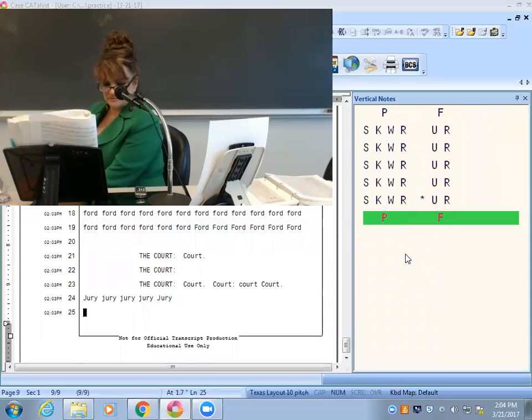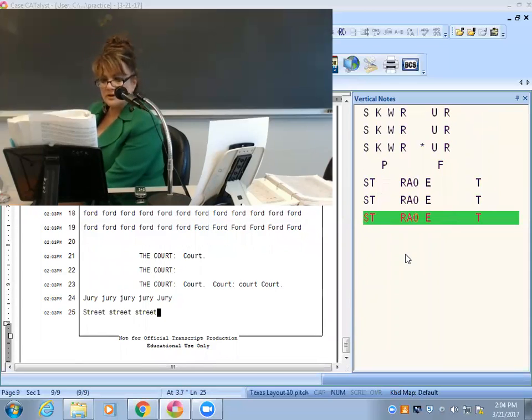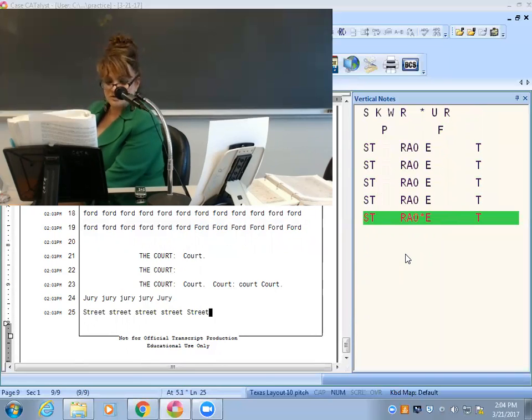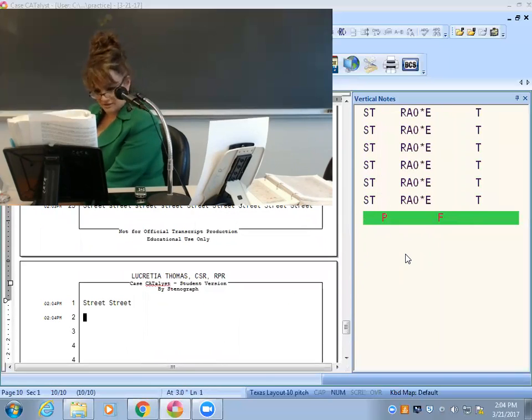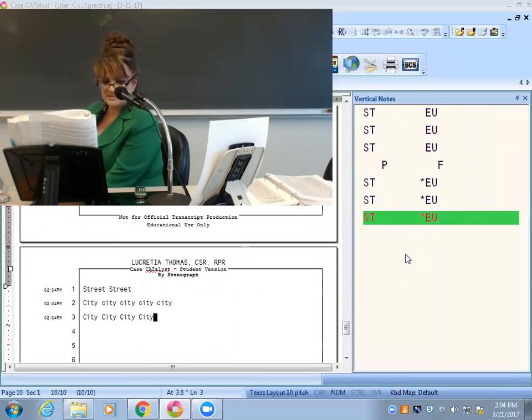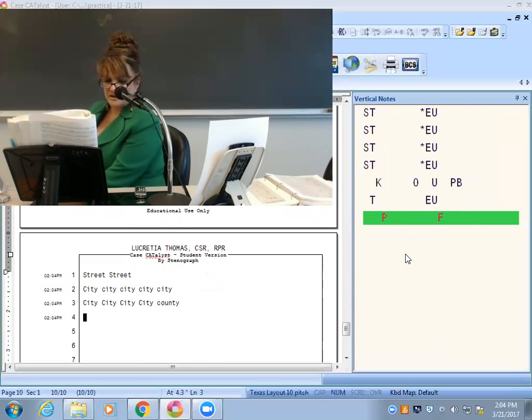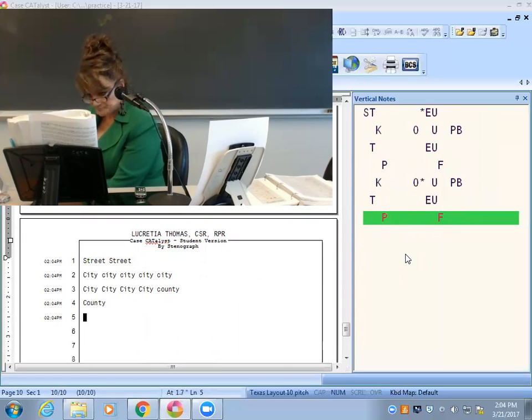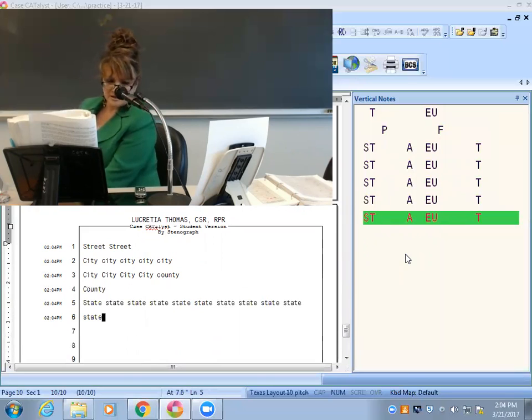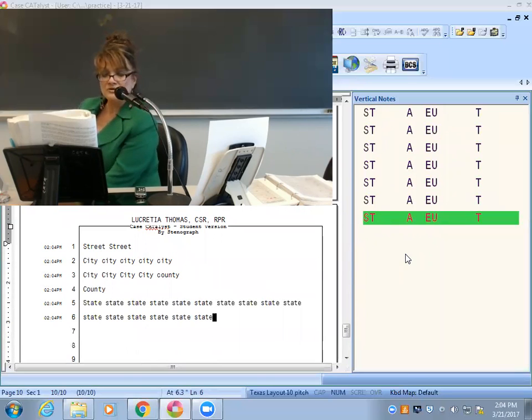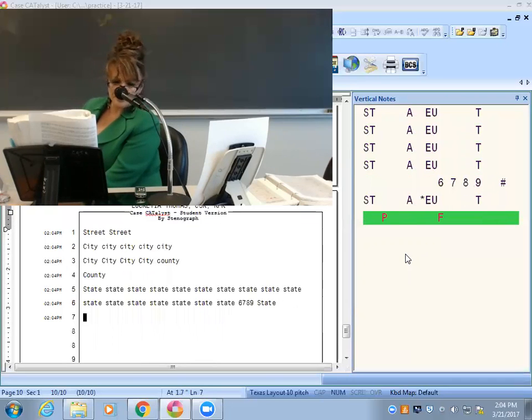You've got street. What street were you on? Okay, you're not going to capitalize that, but when you want Street capitalized, you're going to put the asterisk in. You've got city, S-T-I, and then City capitalized, put the asterisk in. County is county. County capitalized is county with an asterisk, okay? Two strokes. State, S-T long A-T. What state do you live in? But when you capitalize State, State of Texas, let me give you the brief for state of.